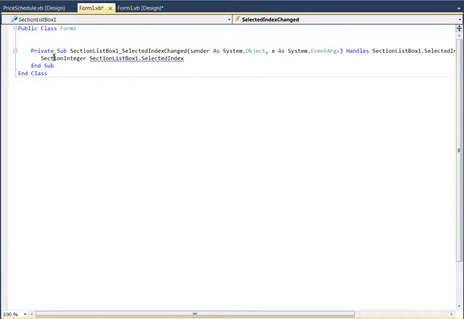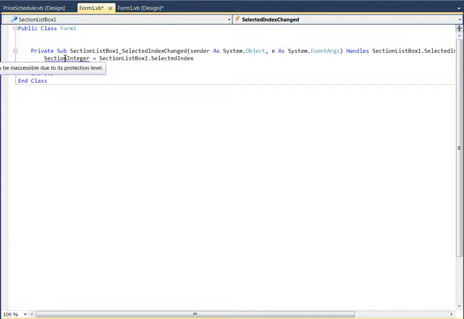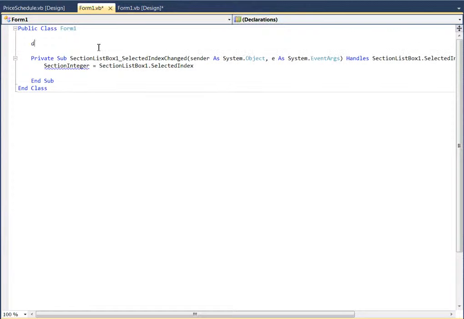I need this to be section integer equals, we'll try. I need this variable dimensioned so that it maintains its value through the whole duration of the program. I don't want to dimension it in here so it grabs its value and loses it. So I'm going to put this up here. Let's go dim section integer